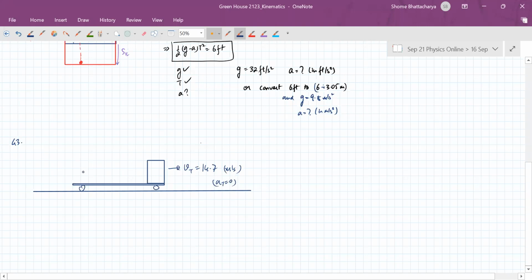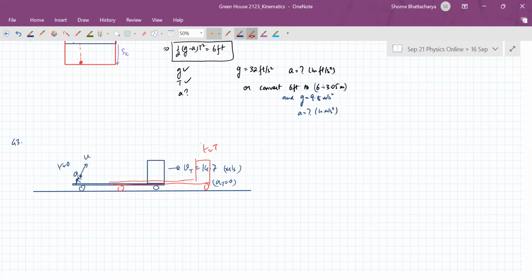Now a man throws a ball in such a way that it returns to him. Okay, so if it returns to him, that means this is a diagram at t equal to 0. This is how it should look. So the ball that he has thrown should be thrown at some speed like this, so that it goes, and by the time it